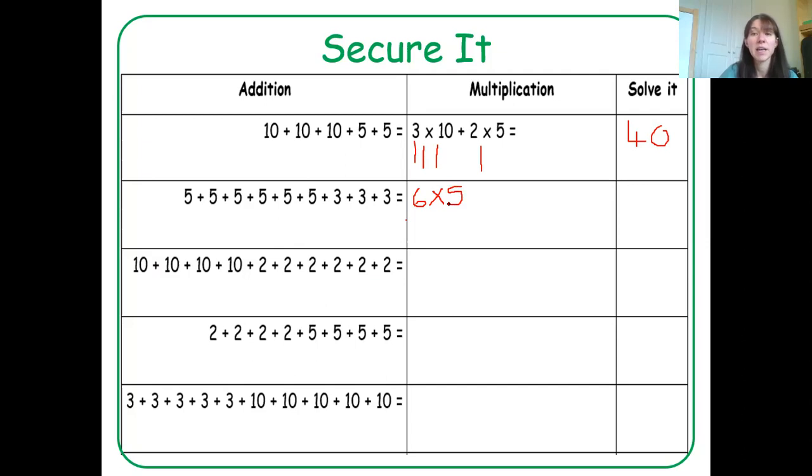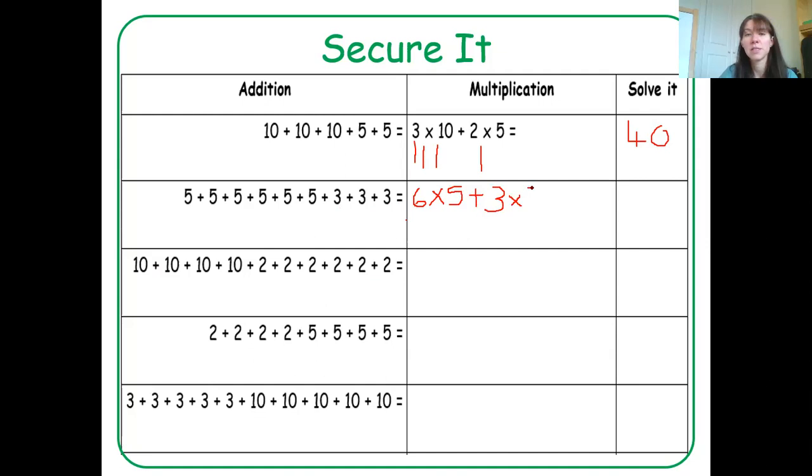Okay, now we need to count what other numbers we've got. That's right, we've got 3s. How many of them? 1, 2, 3. So then we've got to add on 3 times